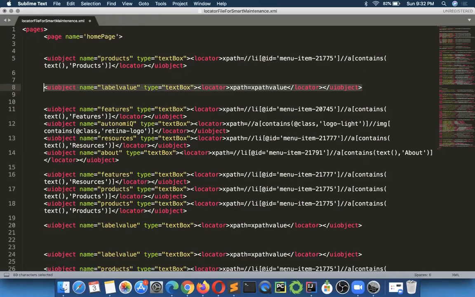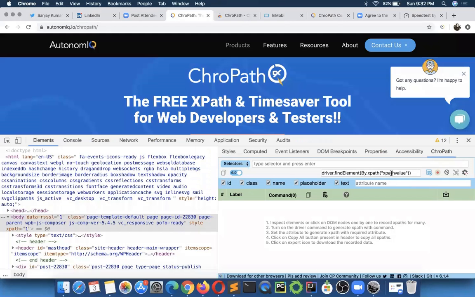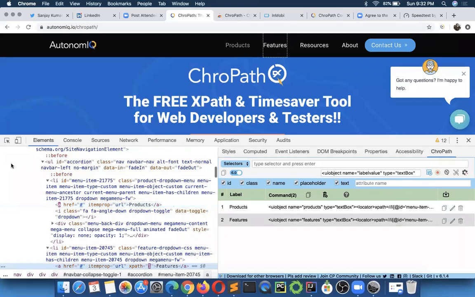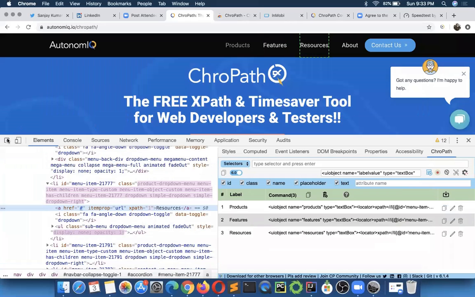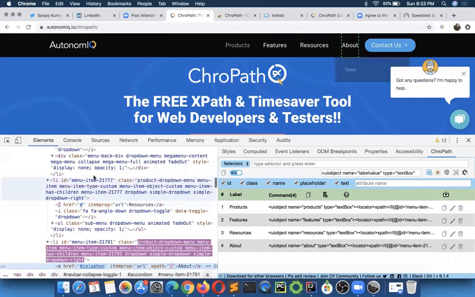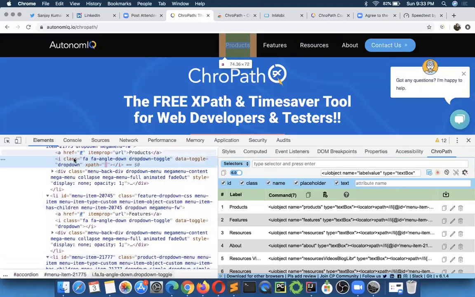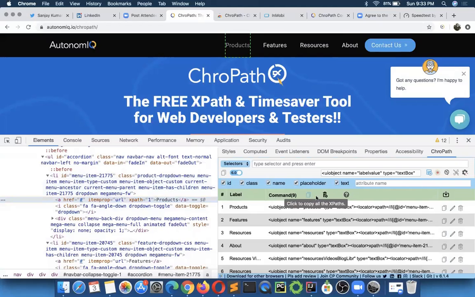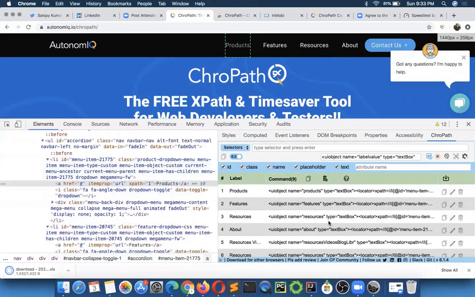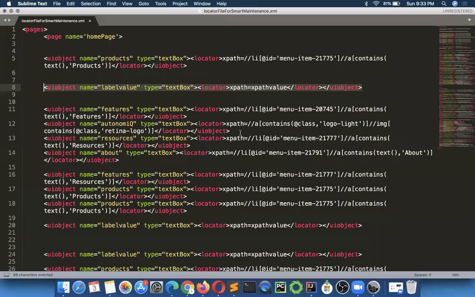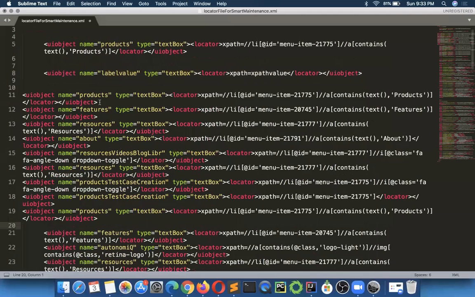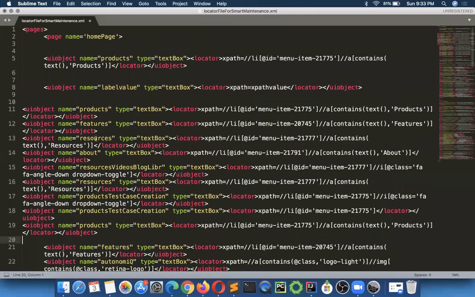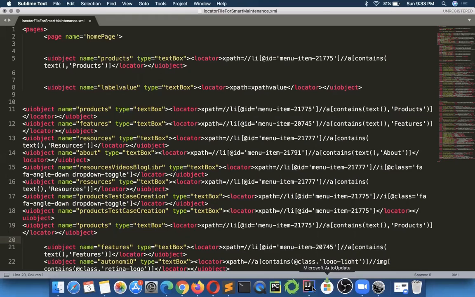Copy this command and see the magic. You paste it here. Now you just inspect the elements for which you want to generate the locators page, and you see, everything will be done. You can inspect it, or you can just click on the DOM elements here and it will be generating, and you see all of them have been generated. You click copy all, or you can export this data, and you paste it here. How fast it is done for you. Everything is ready: this is the XPath features, this is the XPath research, this is the XPath about. That's how it is done without wasting any time.